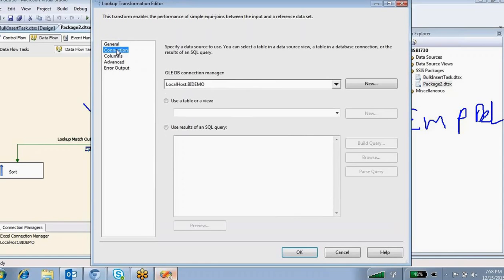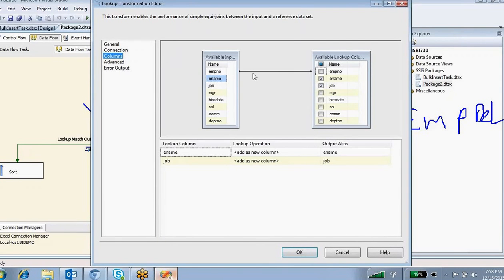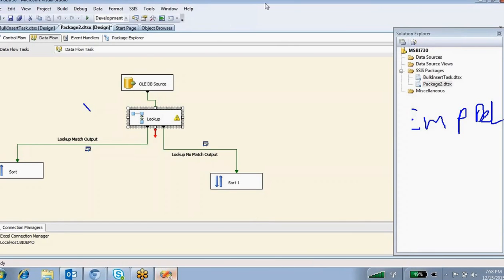I want to connect that connection to some lookup table, which is nothing but the emp table. This result I am going to look up with the data coming from the source, using a common column. The common column between these two is employee number and employee number.